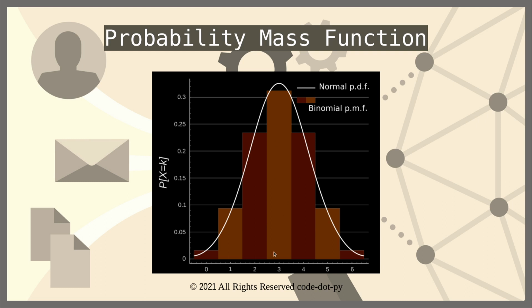In this example, if you see here, the probability of the value being 3 is maximum, because as per the distribution we have seen here, almost 30% of the values, or more than 30, let's say almost 32% of values, are found to be exactly equal to 3, while less than 25% of values are either 2 or 4.